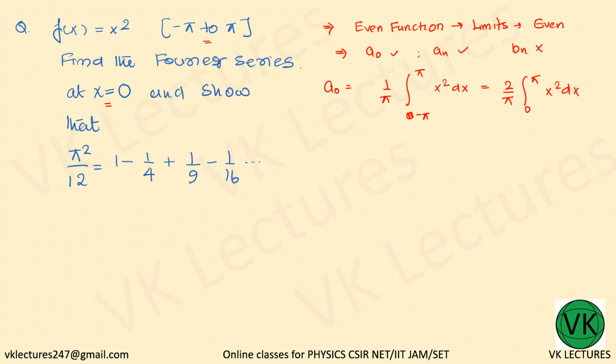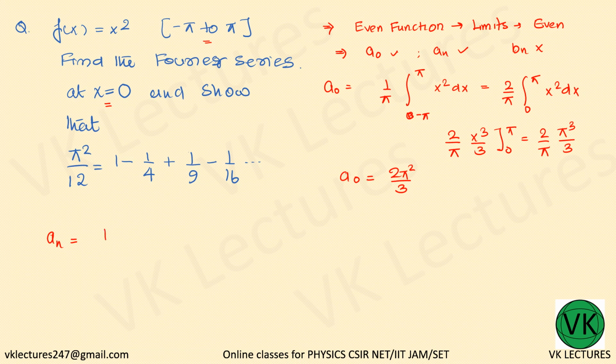So that's 2 by pi, x cube by 3, from 0 to pi. So 2 by pi, pi cube by 3, so 2 pi square by 3. So a naught equals 2 pi square by 3. Now we need an, which is again equal to